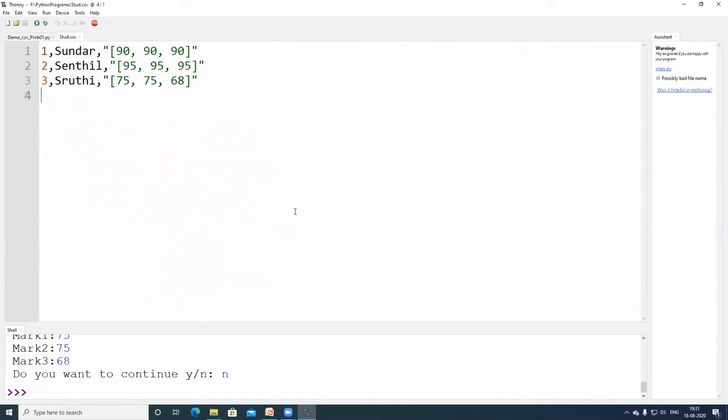See here, comma separated values. This third one is a sublist. The third input is a sublist, a list within list. So this is what the first problem is.